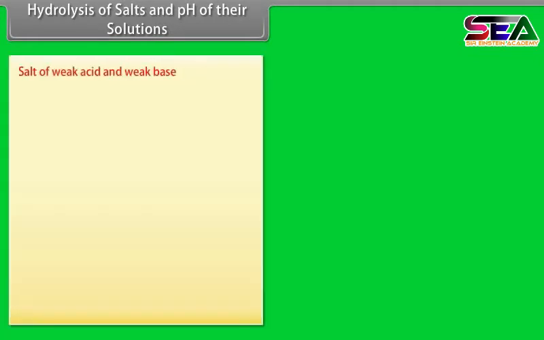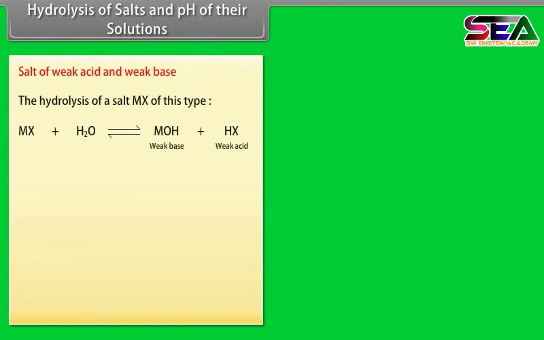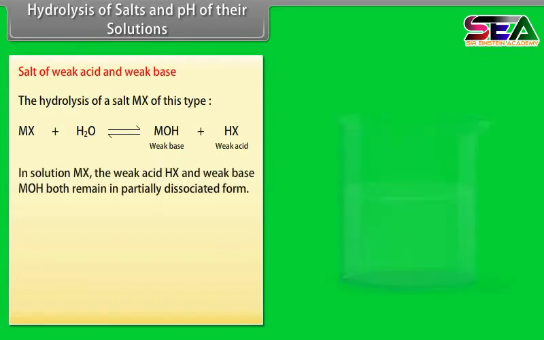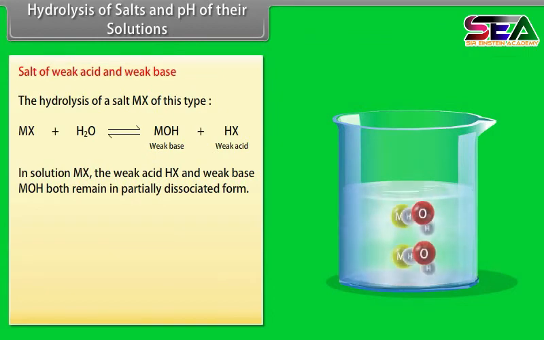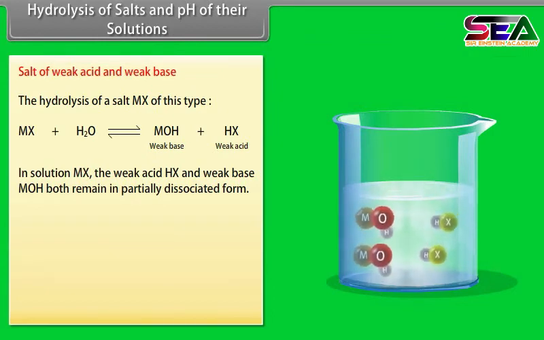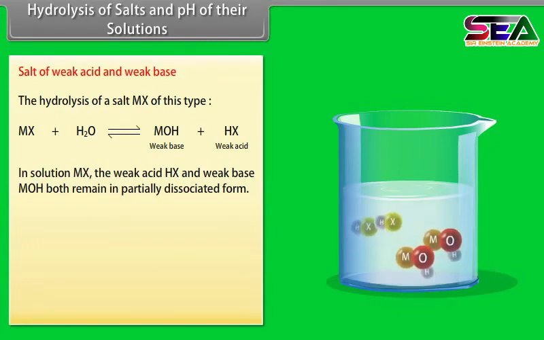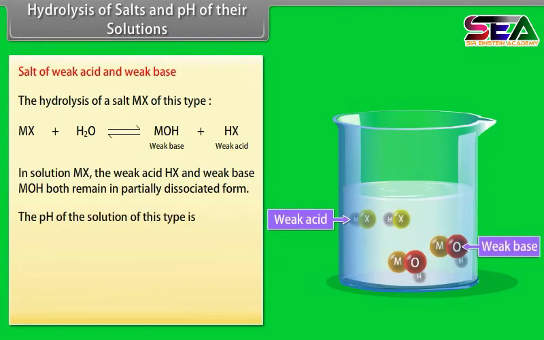Salt of weak acid and weak base. The hydrolysis of a salt MX of this type. In solution MX, the weak acid HX and weak base MOH both remain in partially dissociated form. The pH of the solution of this type is pH = 7 + 1/2 (pKa